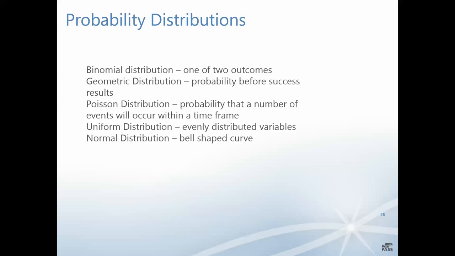The geometric distribution is the probability before success results. In that case, say for example, you want to be looking at the point at which 80% of registrations are effective. You want to know at which point you have actually reached 80% of effective registrations. The Poisson distribution is the probability that a number of events will occur within a given time frame. The uniform distribution is where all of the variables are evenly distributed,